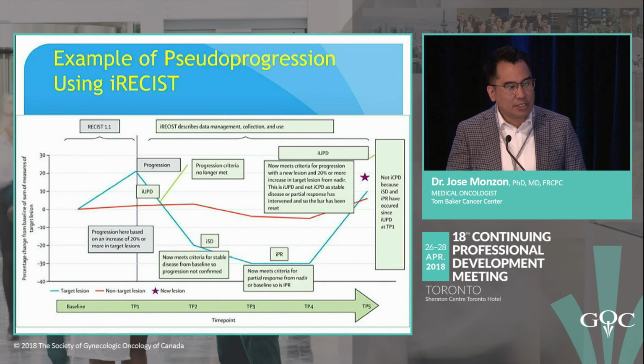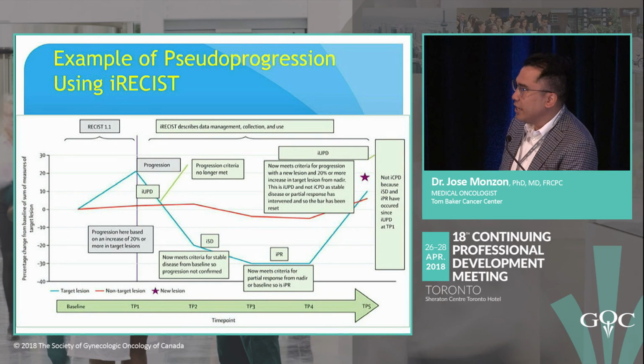So again, this is just an example of some of the interpretations. When you are on clinical trials, usually you measure the target lesion, so you have a place on the CRF forms to document target lesion measurements. And then non-target lesions are just present or absent, that's represented by this red line. And then these stars, what's going to be new on these immune response criteria forms are the documentation of new